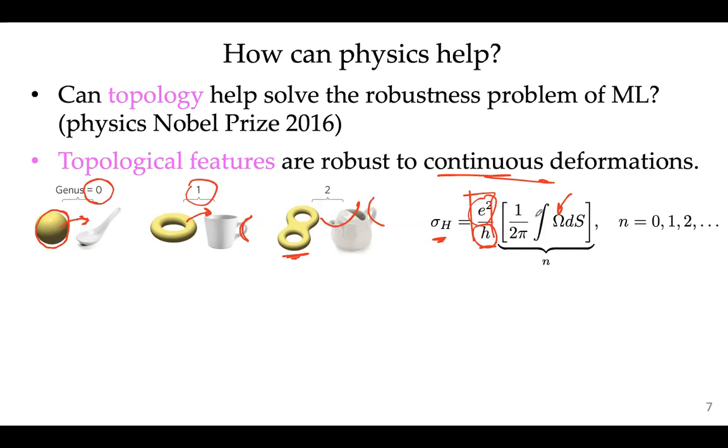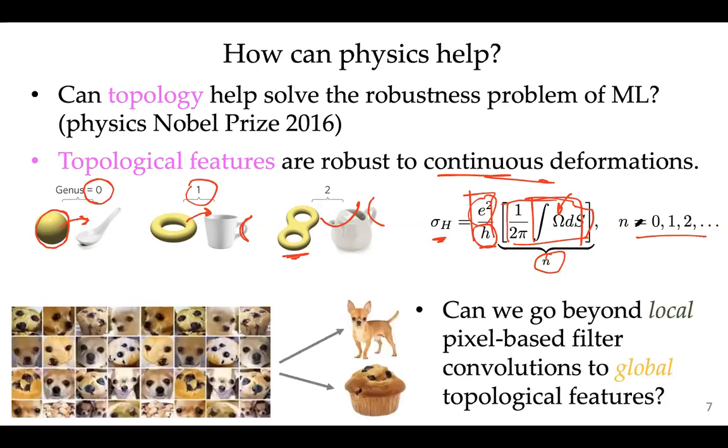Okay, so the interesting thing here is when you do this calculation with this prefactor, this calculation always gives you some integer. So it's either 0, 1, or 2, it never becomes, for example, 1.3. So this is the nice thing about the topology.